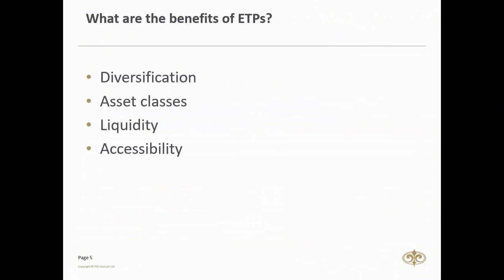ETPs are traded on our PSG Wealth share trading account, or you can also open up what we call a PSG Wealth ETP investment plan. This is where you can use a once-off transaction or a monthly debit order. When I say once-off, it's a minimum of 1,000 Rand lump sum, and you can also set up a monthly debit order, minimum of 300 Rand per month. And obviously the advantage there is Rand cost averaging over the longer term. So those are the two ways of accessing an ETP on our platform.